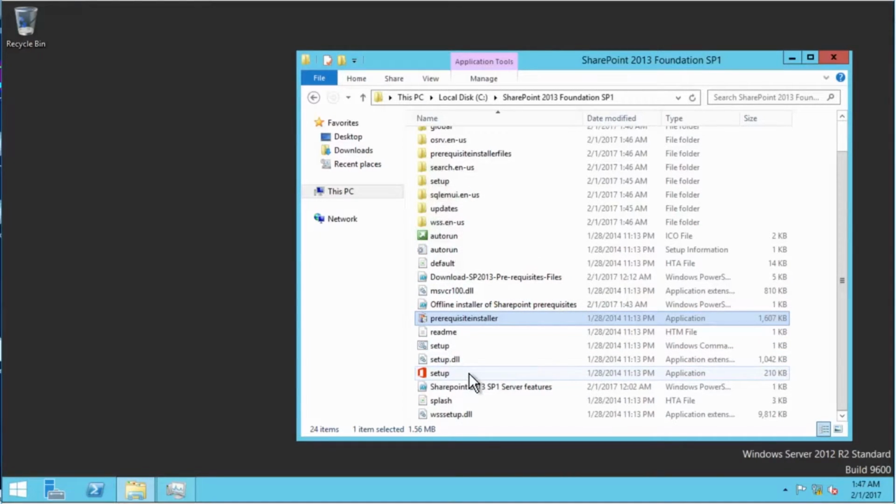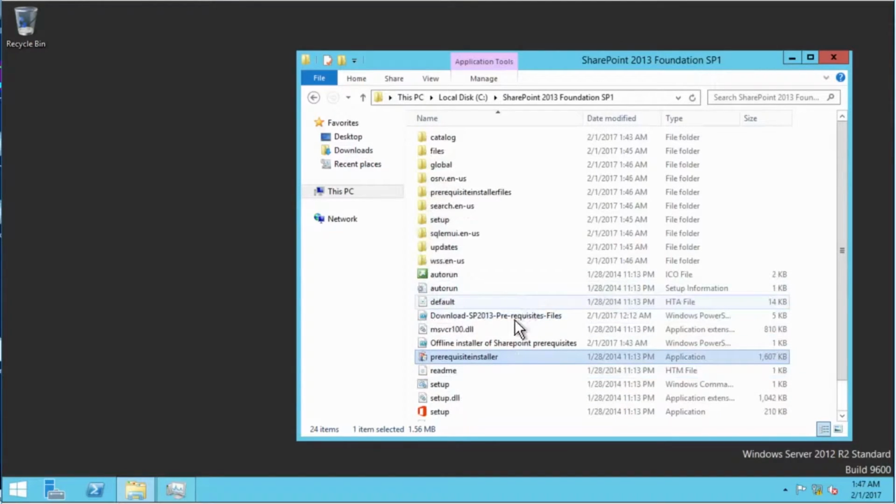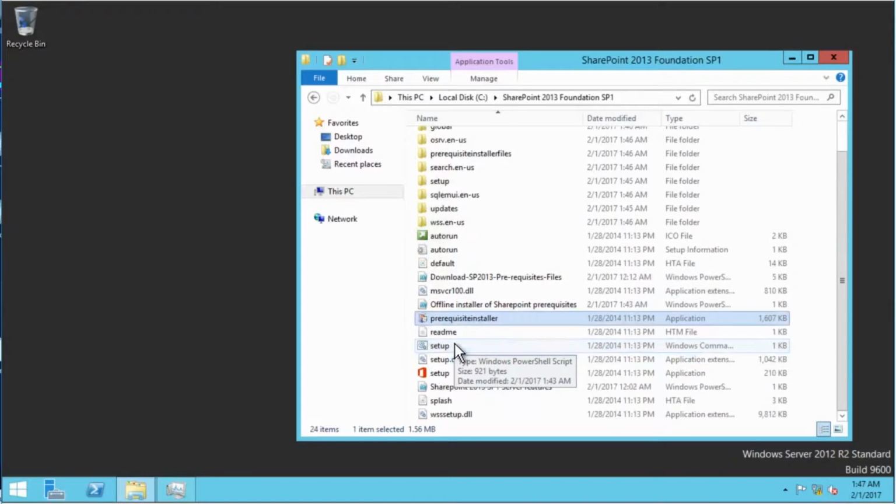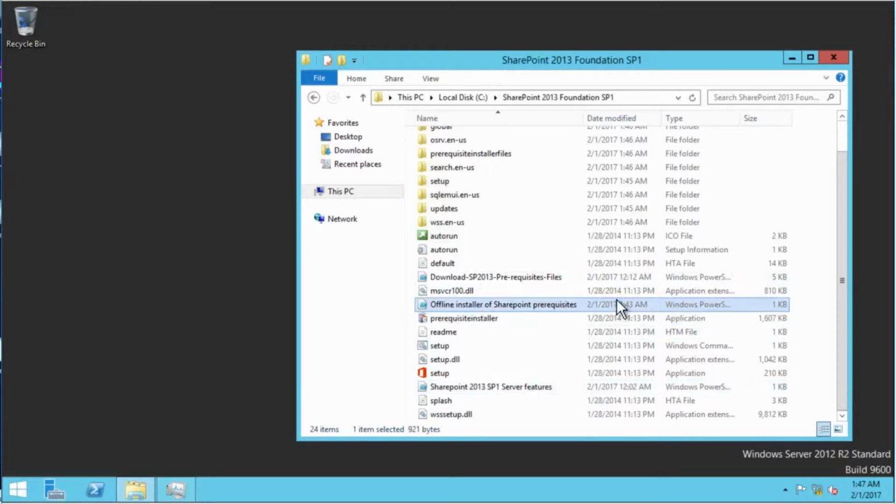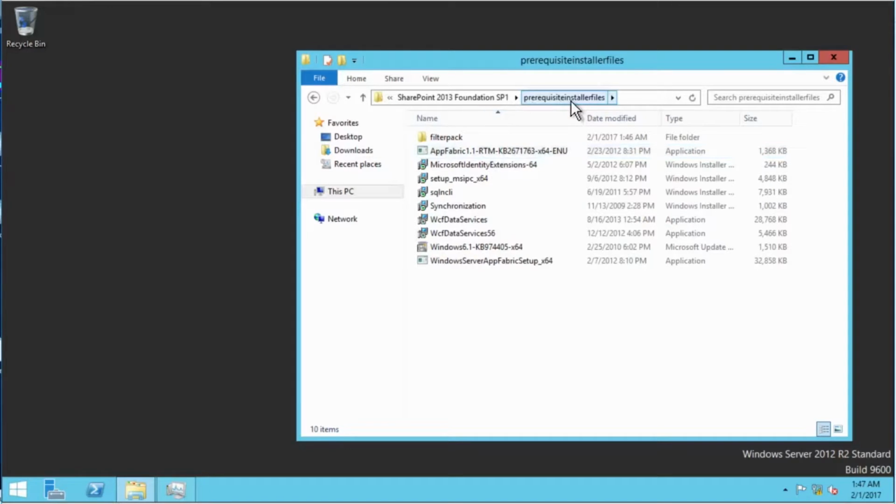I've downloaded SharePoint 2013 with Service Pack 1 Foundation, actually. And I have this script. I'll include it in the description, but it includes the SharePoint Server Features install as well as offline installer for the prerequisites and the URLs of where to download the prerequisites. So you just download the prerequisites, plop them into prerequisites installer files,